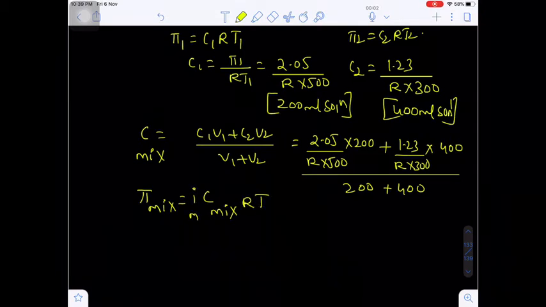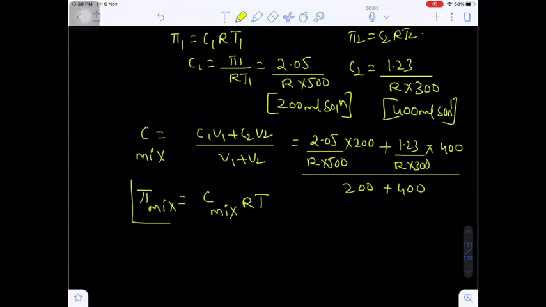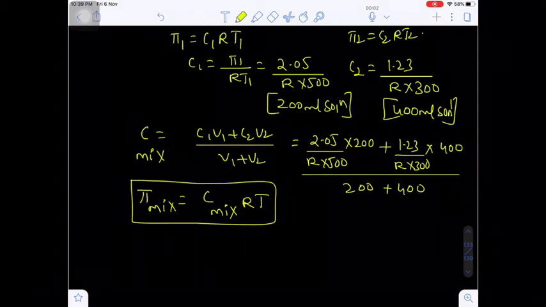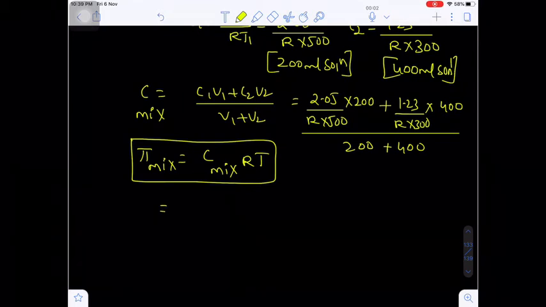Remember the iota value here is unity. Iota value I shall consider unity because both are non-electrolytes. So that's why the osmotic pressure of a mixture will be equal to C mixture into RT. What will be the C mixture value here? Which is equal to